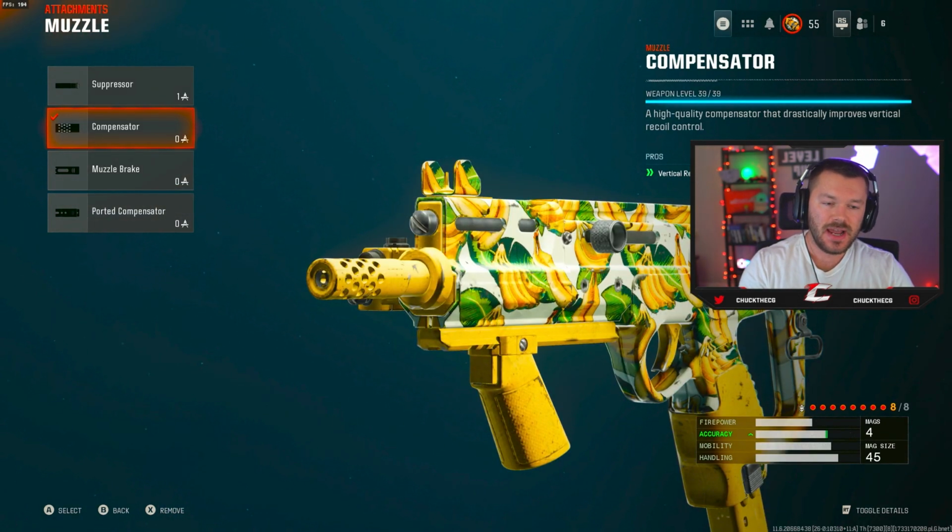And lastly, in our top 5, we happen to have the SAUG, which is a crazy movement SMG I think you guys are gonna like. So first thing, compensator to stabilize it out. This is a very low recoil build while having ridiculous mobility, so you guys will really enjoy using this in